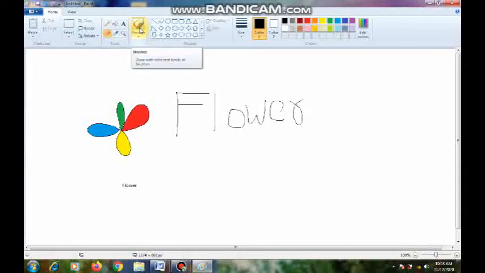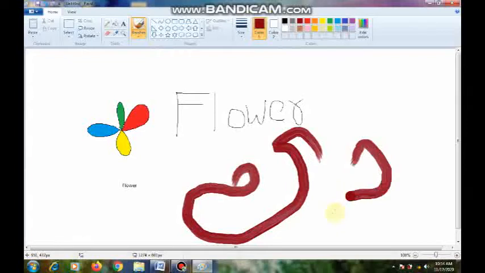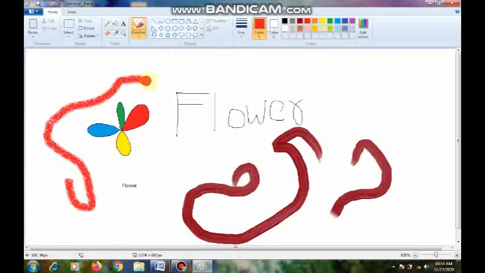Next, coming to here, these brushes. If you click here, so many brushes will come. Okay, you select this thick brush, or take any. See how this brush is. By using this brush, we can draw. Like this we can select different brushes and different colors, and draw in different colors by these brushes. Okay children, and this is about these tools.